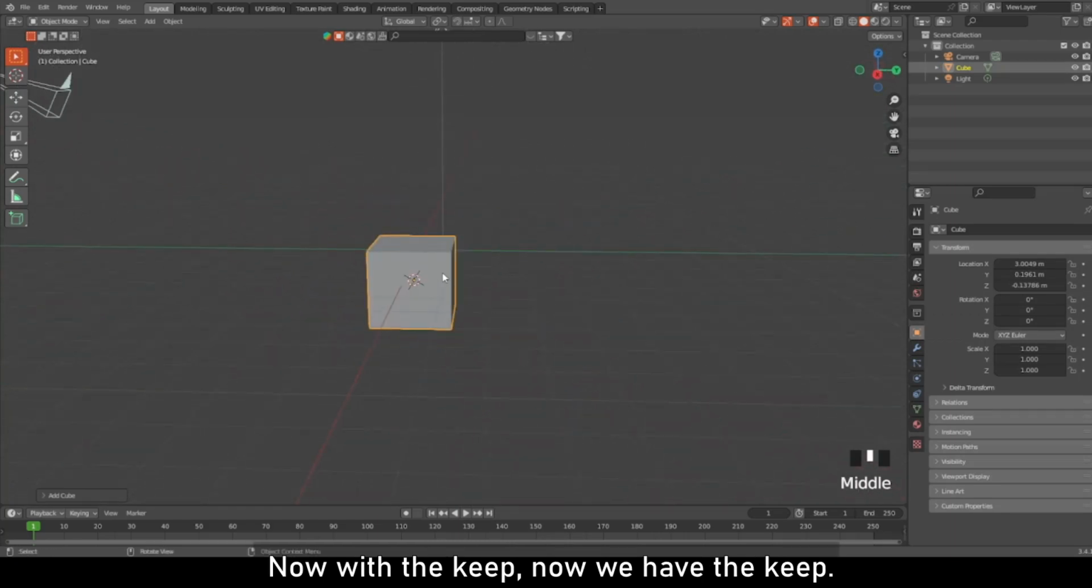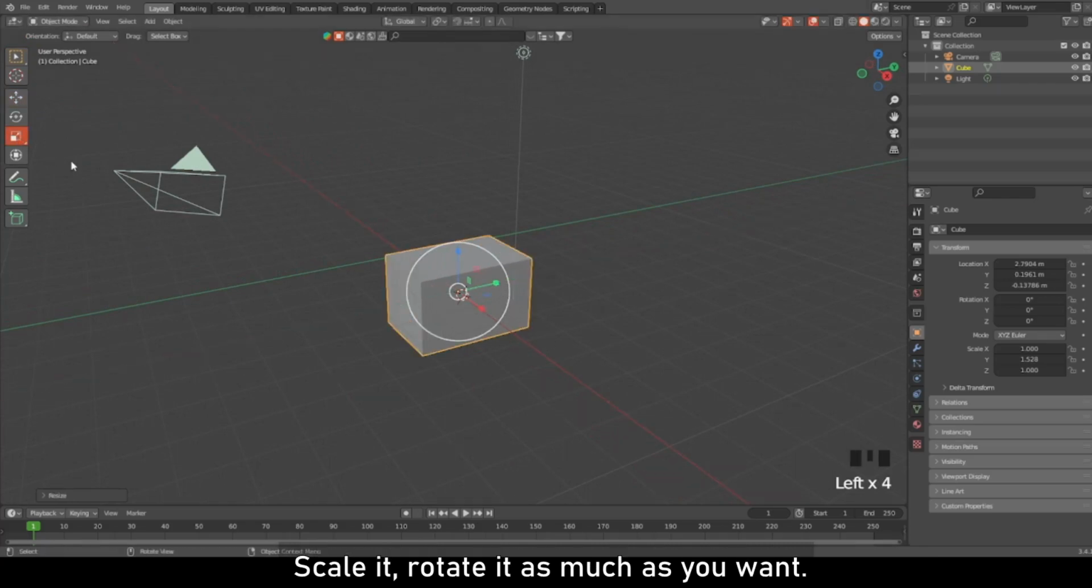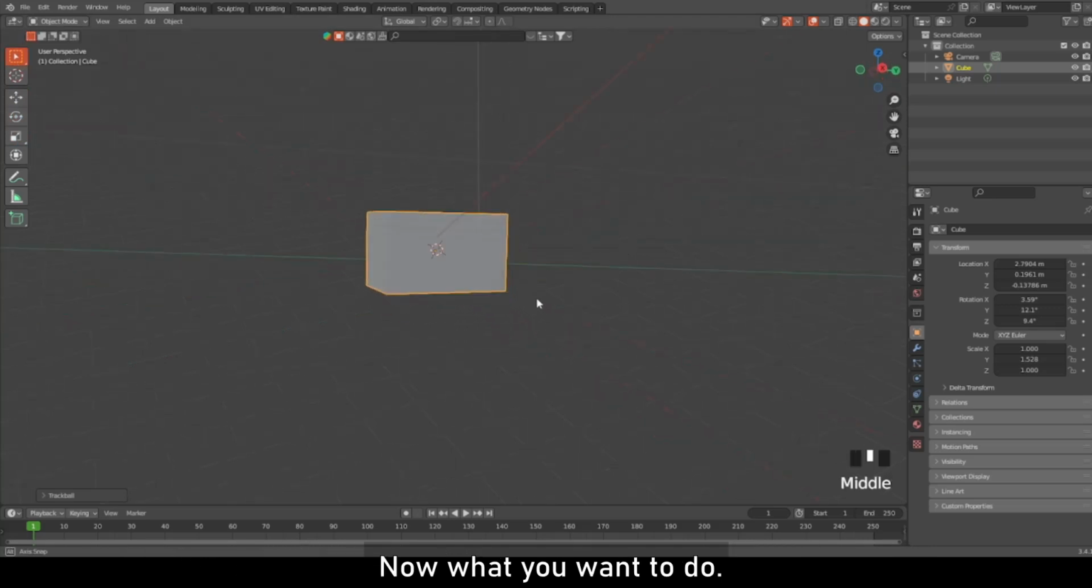Now with the cube, you can freely move around. Go on, move around with the cube. Scale it, rotate it as much as you want. Now what you want to do,